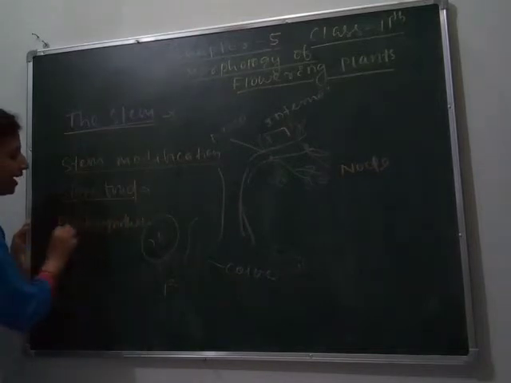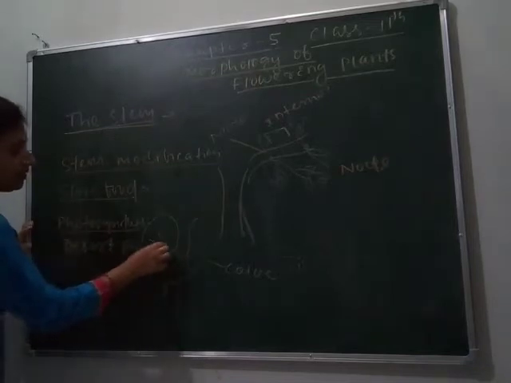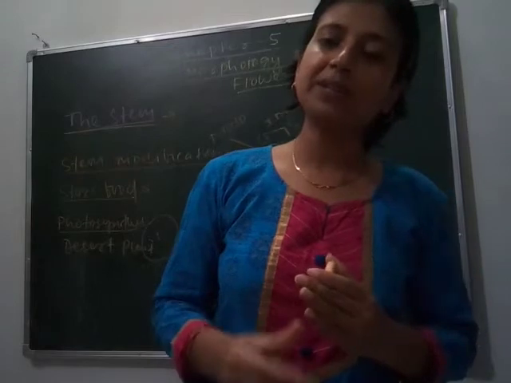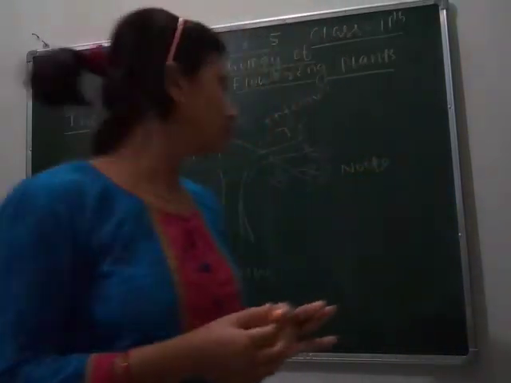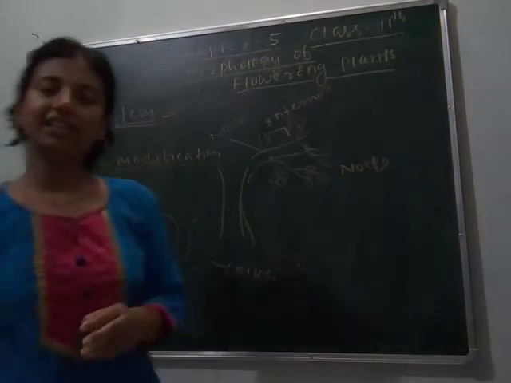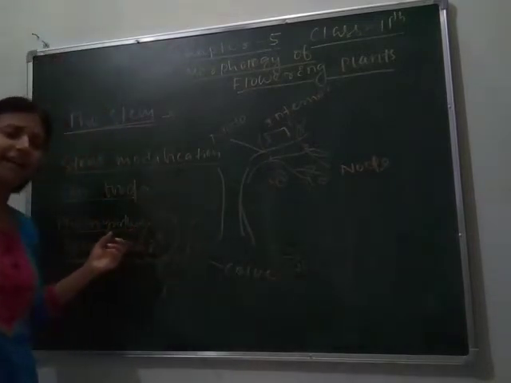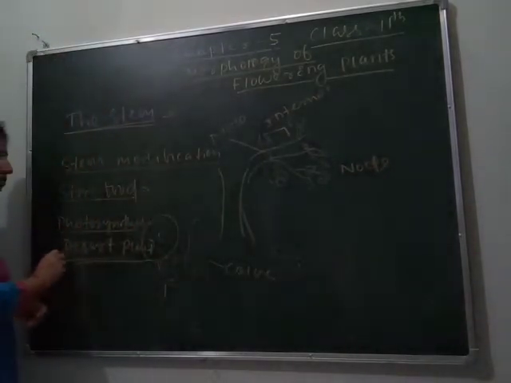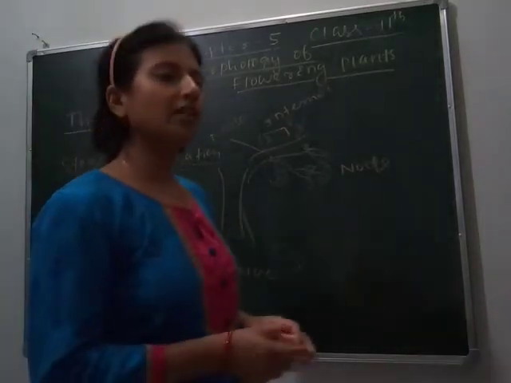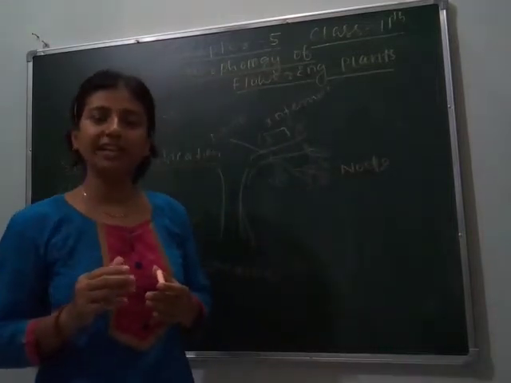Means in desert plants, stem gets modified, thick, fleshy, chlorophyll is present which traps sunlight and does photosynthesis and helps the plant in survival in the desert. To reduce water stress, the stem gets modified and functions as leaf. Here for photosynthesis. Next, you know about the plants like your creepers and climbers, which is called in Hindi bel,